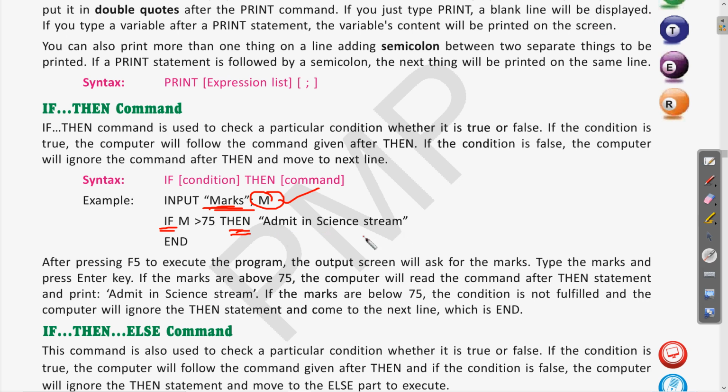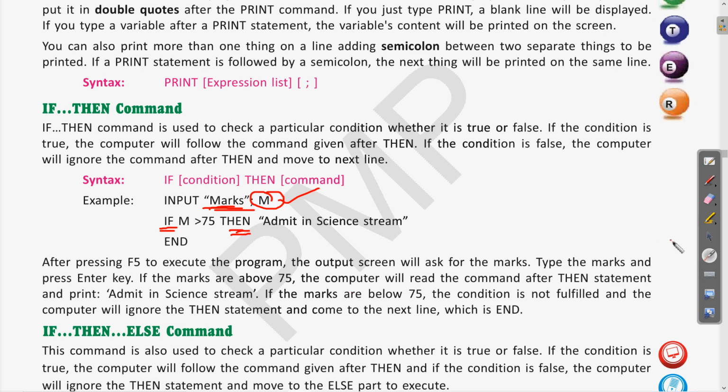Suppose some student is taking admission to a science stream, and for that stream there is a requirement that the marks should be greater than 75. Clear? So it will check using this condition, and then it will print admit in the science stream. Clear? Only if the marks are greater than 75, the student will be admitted. So this way we can write the condition if and then, and here is the end statement.